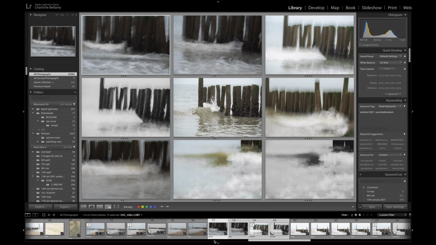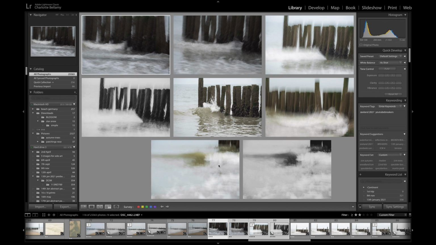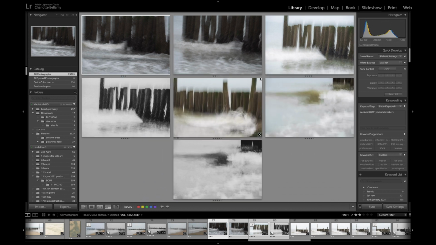And this was me now concentrating not only on the breaker formations, but what was happening at the bottom of the breakers. So initially my idea had been, well, the breakers are the most important thing. And then the longer I spent there, the more I saw, the more I heard, the more I felt, the more I got a feeling for the movement that was going on that I really wanted to capture. And you can see some of these are kind of the 2 stars or more. So if we take it back to the 3 stars or more, which were the ones that I ended up editing,